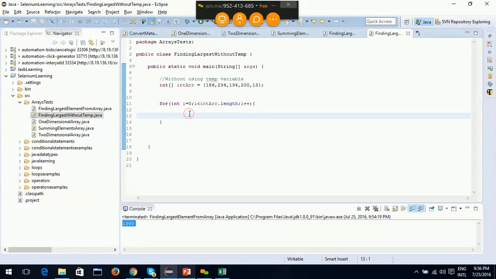What I am doing is, if A, I'll give it a short name, no problem. If I equal to 0, right? I greater than